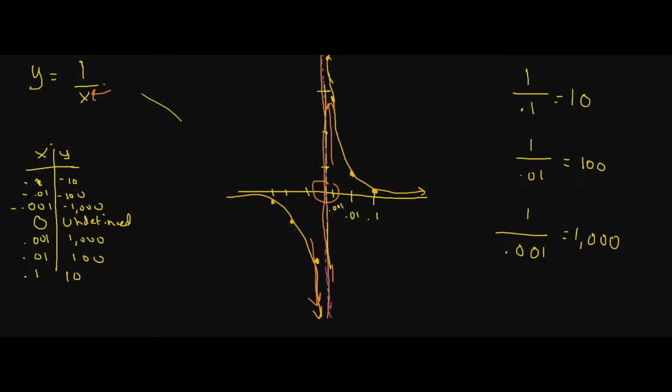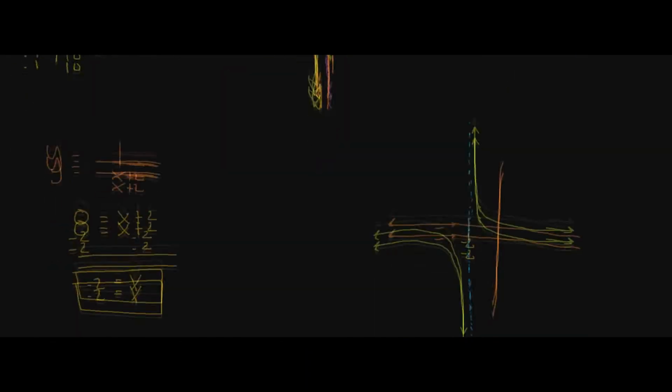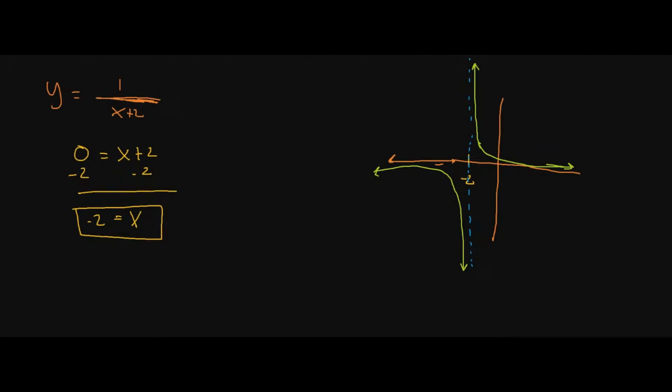it makes this kind of shape right here where this goes down, this goes up, and then it creates this vertical asymptote. That's what it's called, a vertical asymptote. It's the line that our function does not touch, but is approaching. So hopefully this video is making sense, right? How exactly do we find vertical asymptotes? Well, we're going to set the denominator equal to 0 and solve, because that is where our function is going to create these vertical lines and approach this vertical line that it's never going to touch.